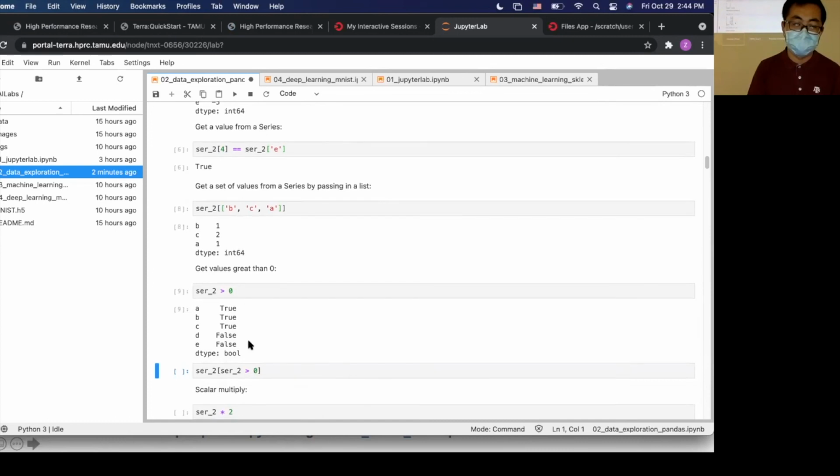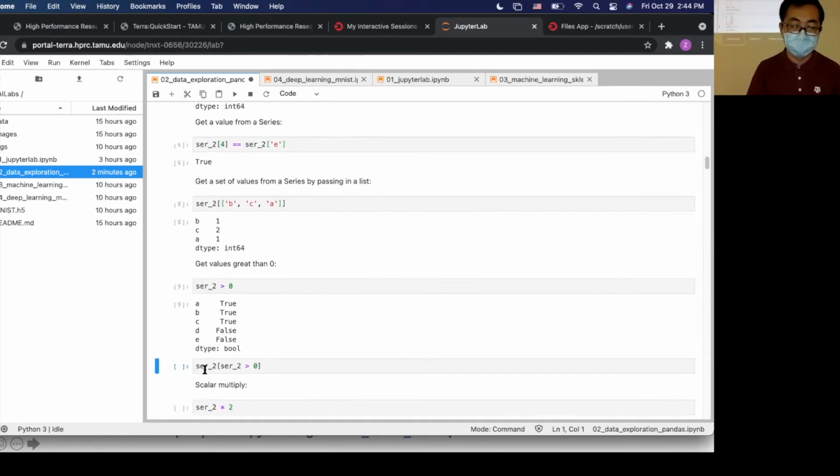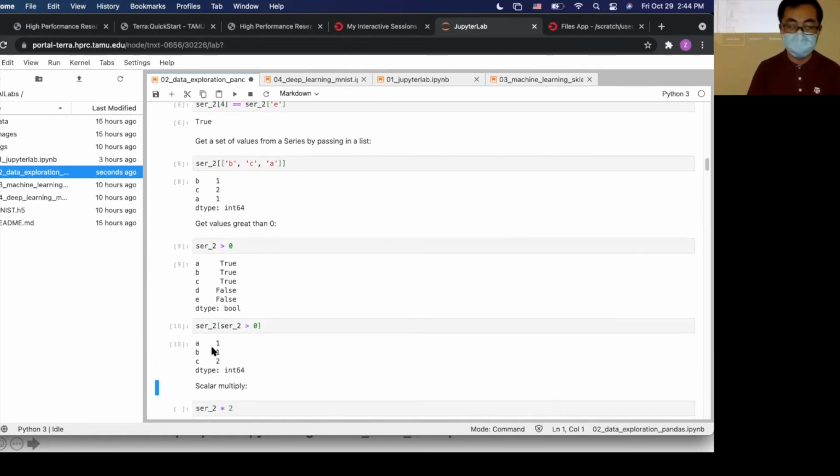If you apply this kind of mask on another same size piece of paper, for example series 2, what can you see? You can see the numbers on these 3 positions, right? So if you just surround this cell, now you can see and find these values. This is the so-called filtering or masking.